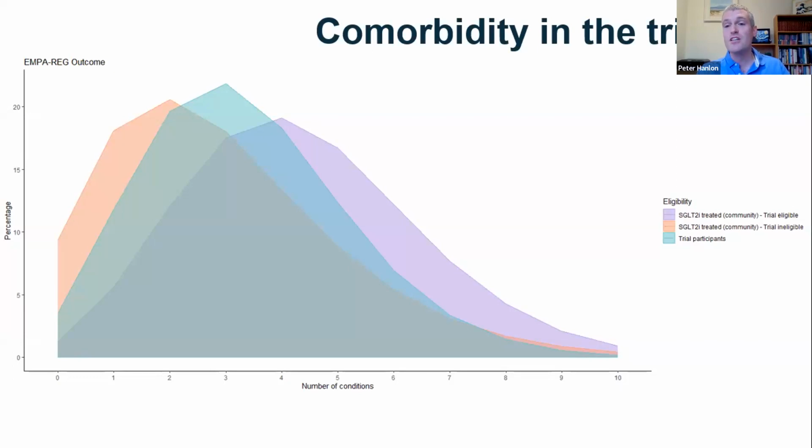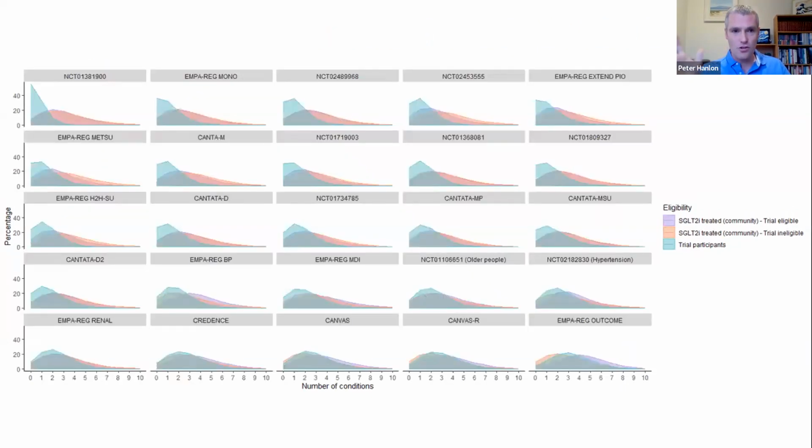But this was interesting and showed that not all trials are the same in terms of the extent to which they exclude MLTC. This is all the trials that we looked at, ordered by their mean comorbidity count. So some at the top, which look like we worry about in terms of being very selective. Some at the bottom, the higher risk trials, where the distributions were much more overlapping than those other trials, for example. And the ones at the bottom are the ones that select higher risk populations.